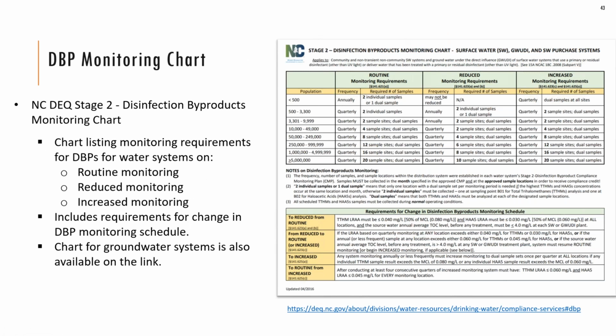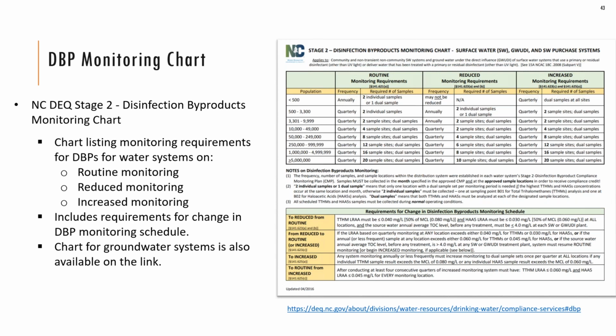Since there are a lot of violations based on failing to collect samples and report them to the state, here are some resources to help systems make sure they know the requirements. The first one is from North Carolina DEQ. It's a handy 1-page fact sheet which includes a table which details all the monitoring requirements for systems based on populations served and source water type.